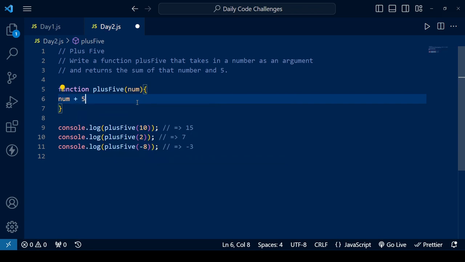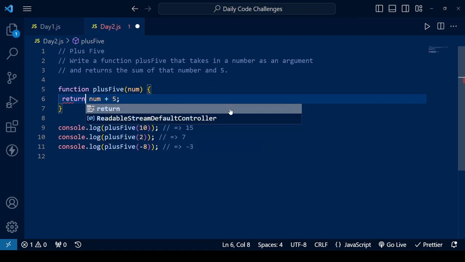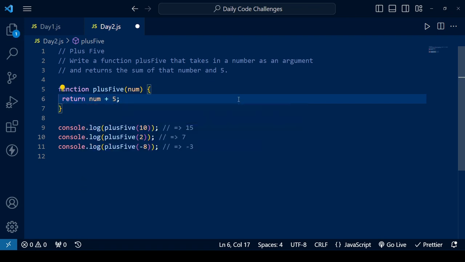+5. Now I save, but mind you, this function is not going to run just like this, because a function needs a return statement, right? So we have to put in a return statement here before the num + 5. We save again. Now when we run this code, we are expected to get 15, 7, and -3. What this means is that